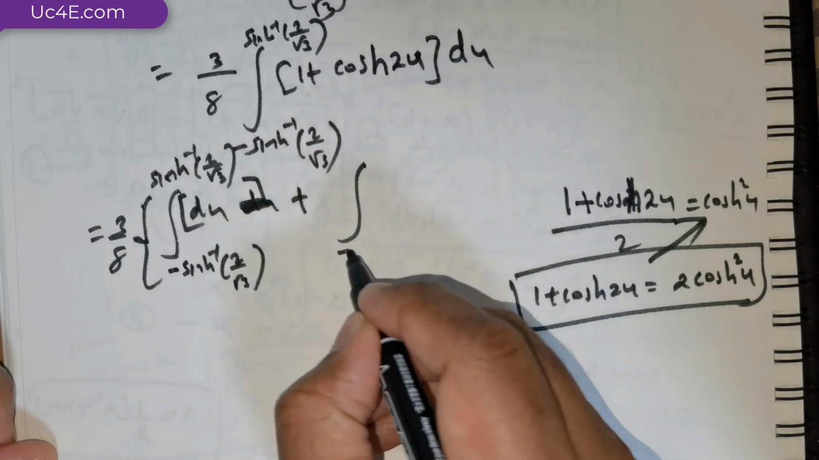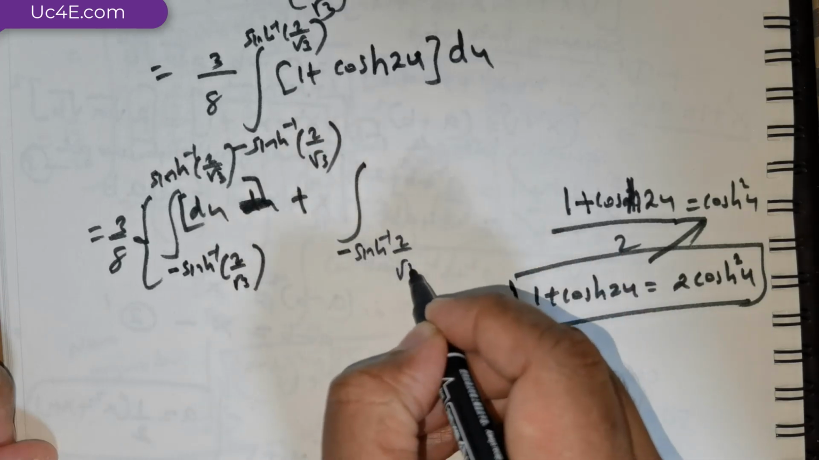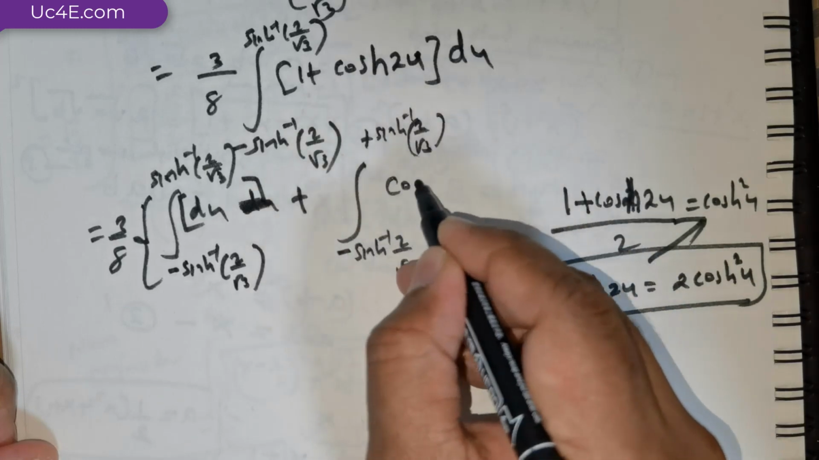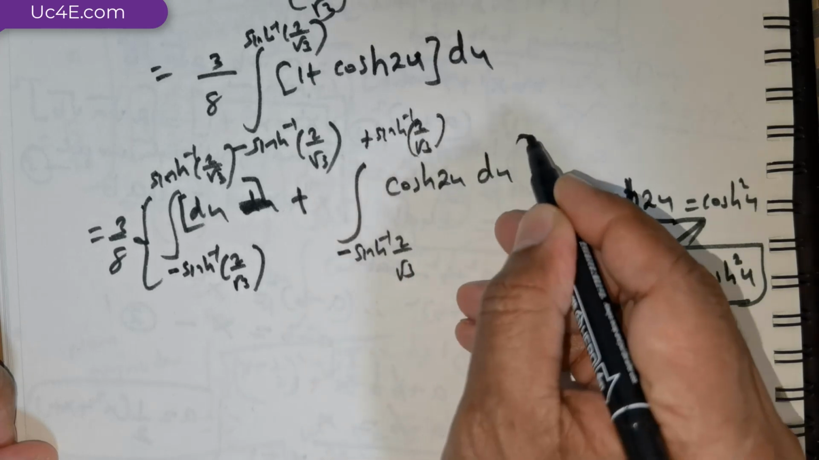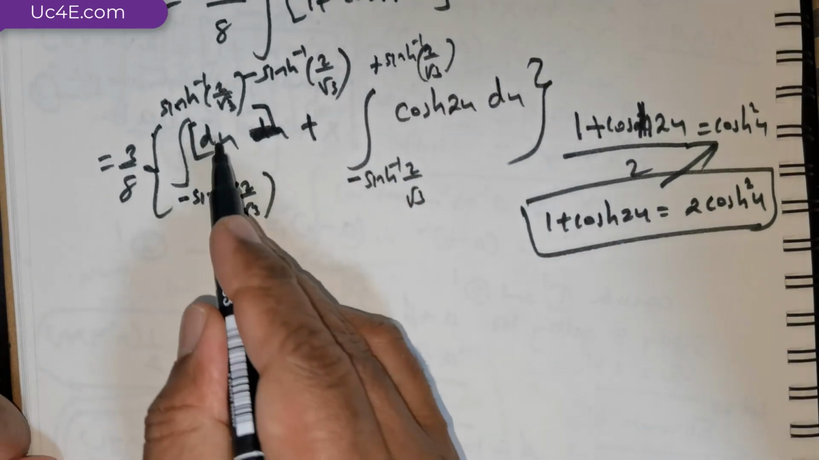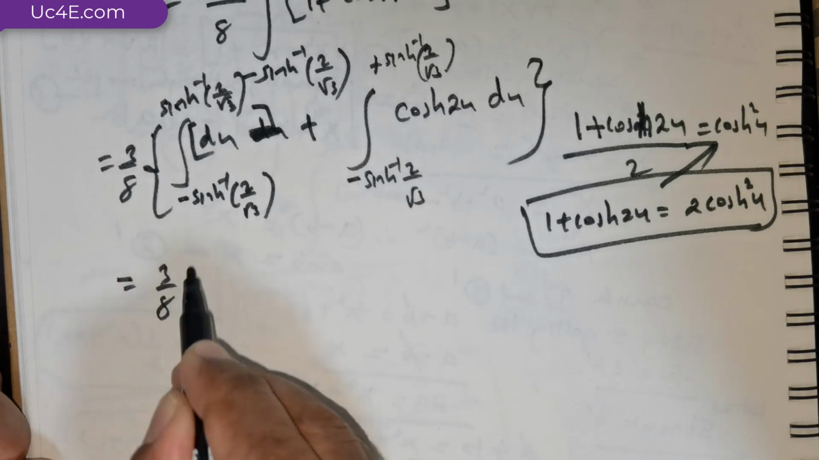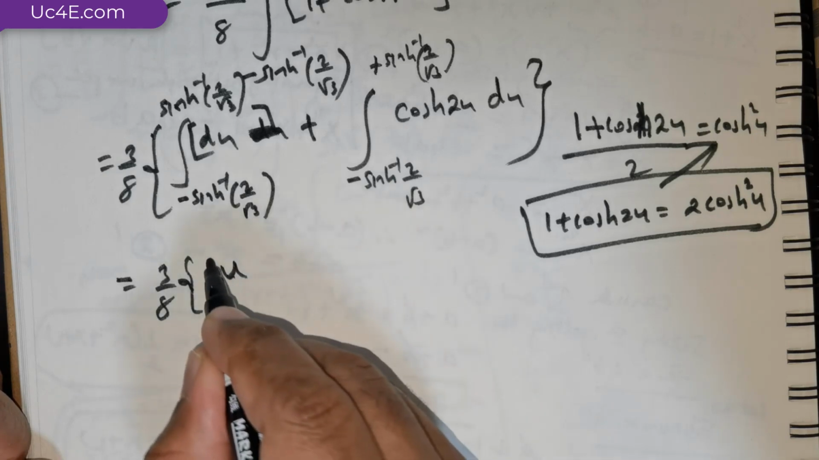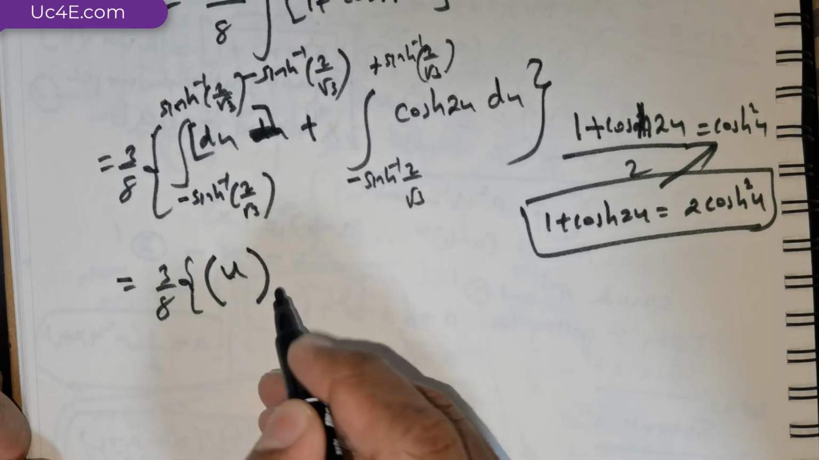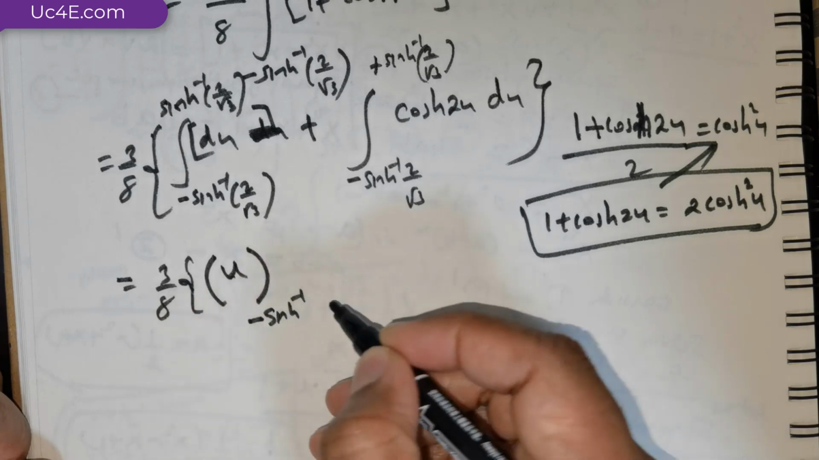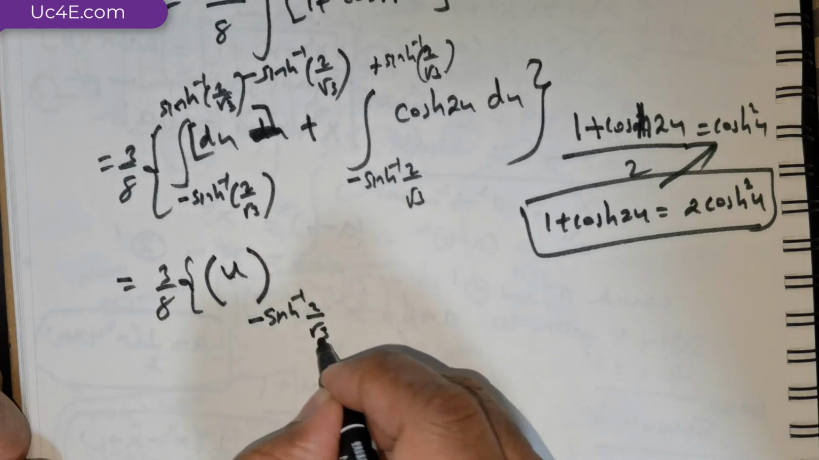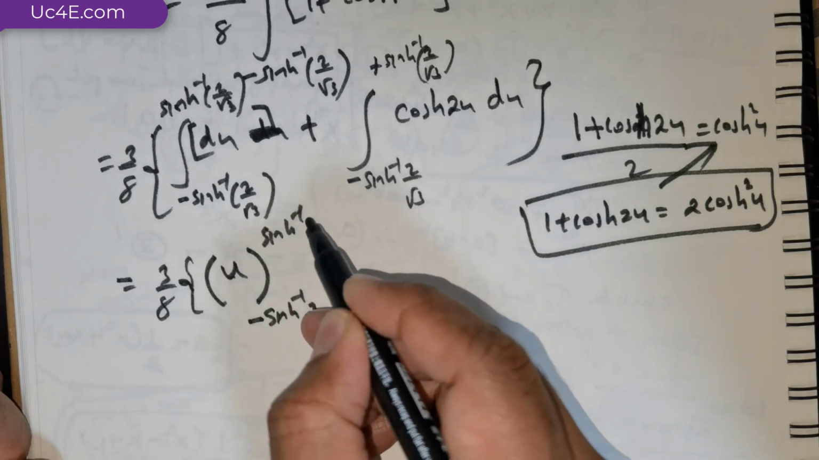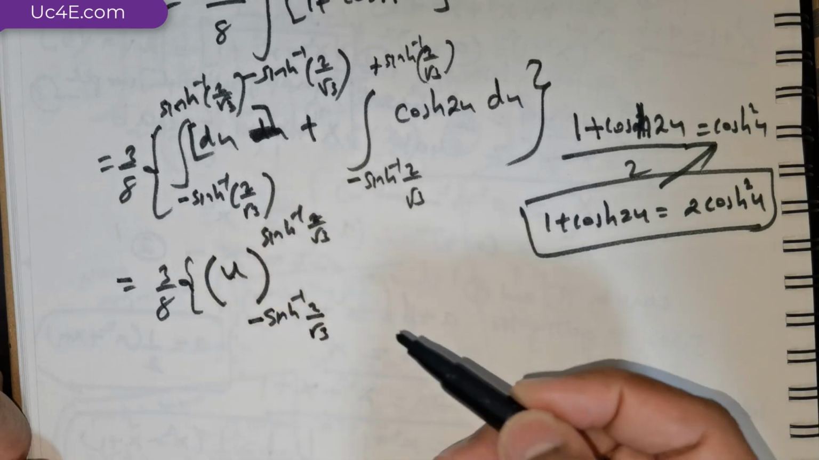Positive integral of negative sin inverse of 2 over root 3 to positive sin inverse of 2 over root 3 times cos 2u times du, right? Now if you were to integrate this, it is going to give you 3 over 8. The integral of du is going to give you u. The limits are negative sin inverse of 2 over root 3 and the upper one is sin inverse of 2 over root 3 with a positive sign,